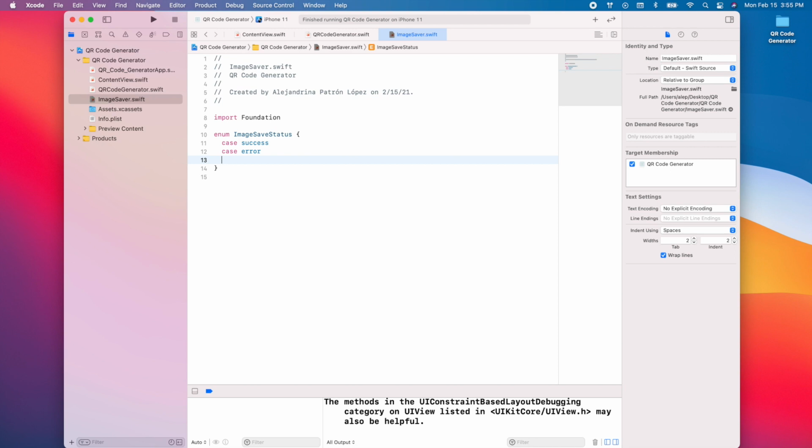This is a case where the application does not have permission to save photos to the library. So case library permission denied. Cool. Now we're going to define the image save result structure, and this is just going to be a wrapper